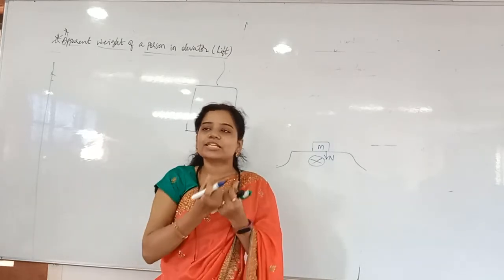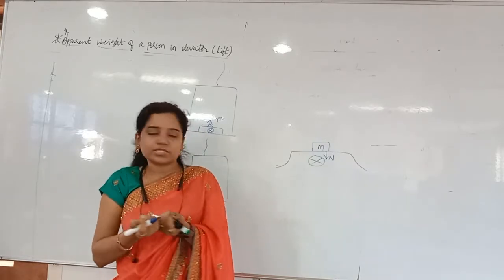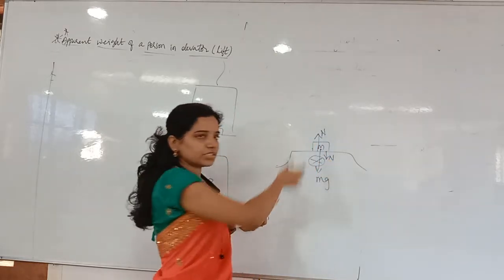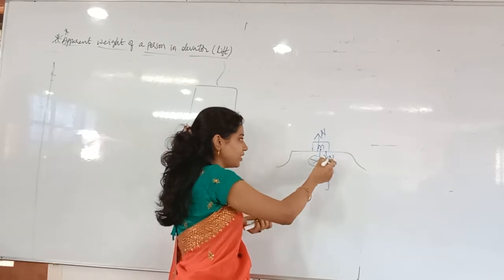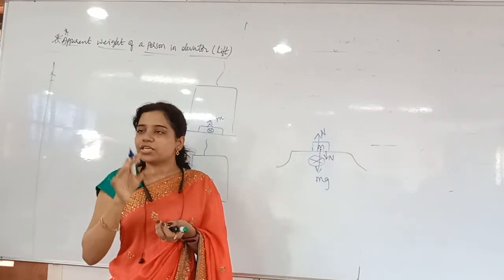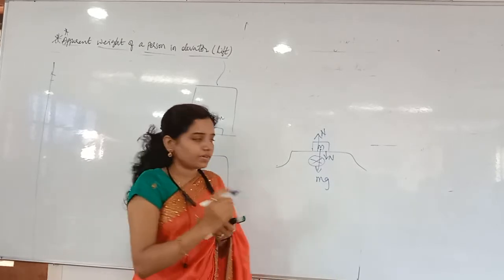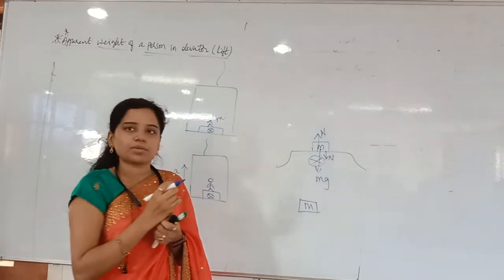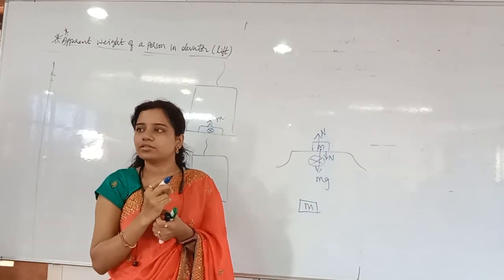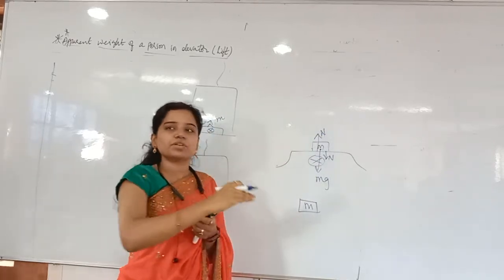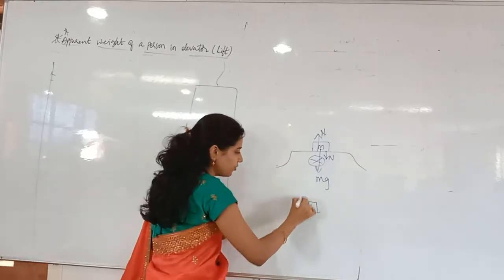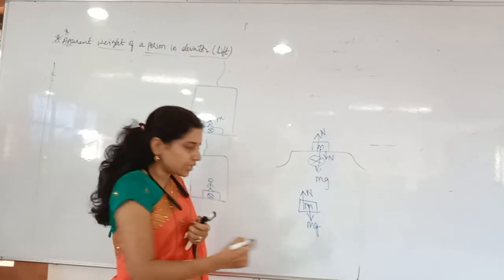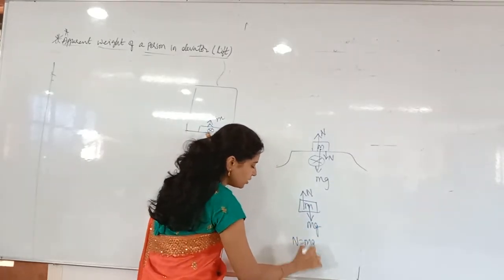Normal reaction only. Whenever this is at rest, of course you can say that N is equal to mg. You might think that on the block there are two forces, so why take only one force? I am always talking about the block only. Whenever you take the free body diagram of the block of mass M, which forces are applying on the block? One is the normal reaction in the upward direction, by the weighing machine. And also the earth is applying one more force, that is mg. So clearly I can write here, N is equal to mg.